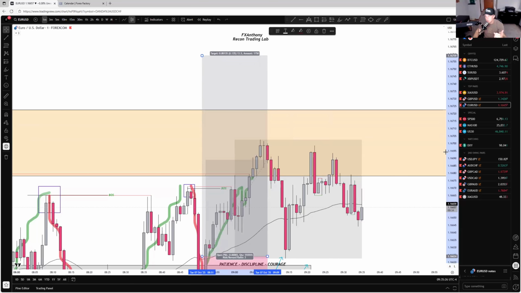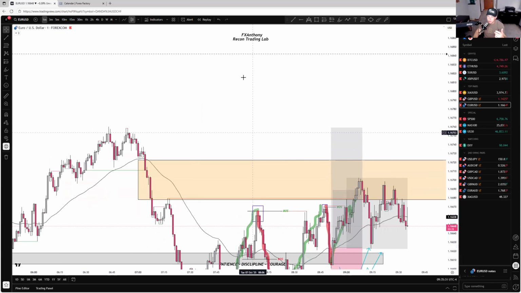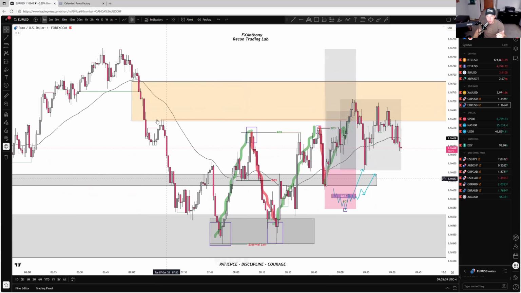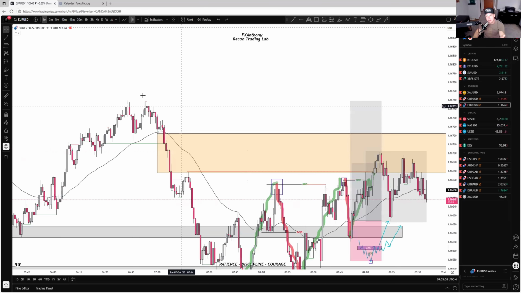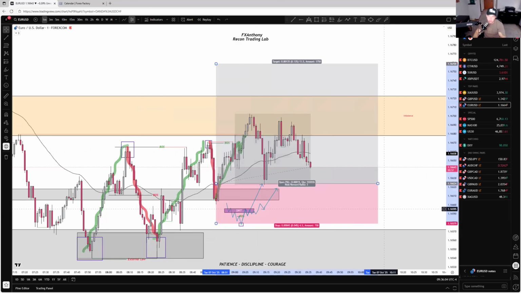Because you know that this is imbalance, you know price is targeting, and you want to fill this imbalance, and that's the high. That's a beautiful trade right there, that stop loss to that take profit, right? That's the previous high on your external high and your external low, on your internal high and your internal low, right? External high up here, external low down here, internal high here, internal low here. That is the external high. That is the indication to pull back. This is the completion at the all time high here on a 1 minute time frame. Now, if you did take this, this is what you're looking at.